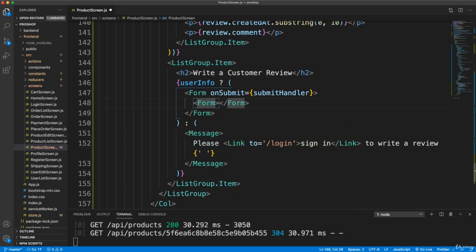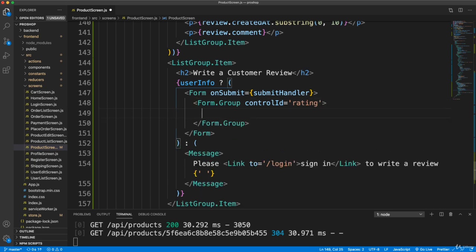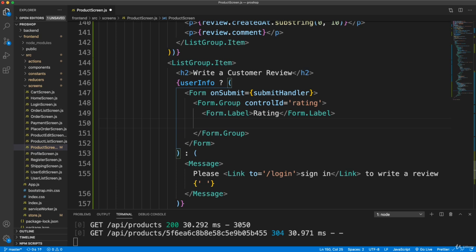Actually, I want to do this dot group. So form group, and give this a control ID of rating, and then let's do a form label, and we'll just say rating, and then our form control. Now this is going to be a select list, so I'm going to grab, let's see, where do we have a select list? Actually, I'll just type it out here. So it's going to be form.control,